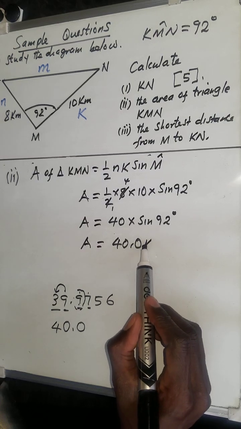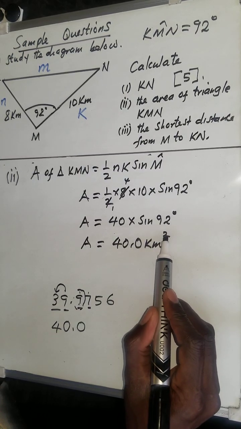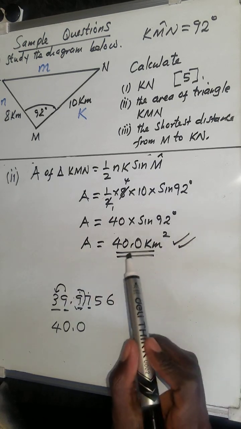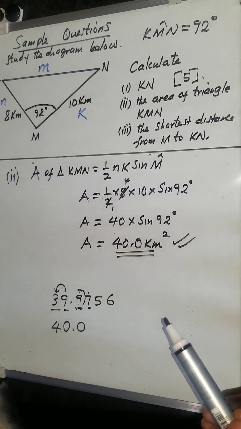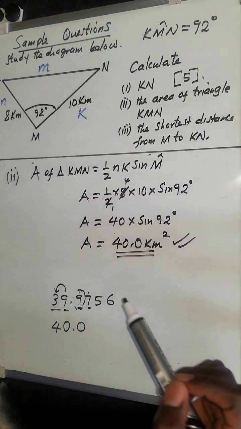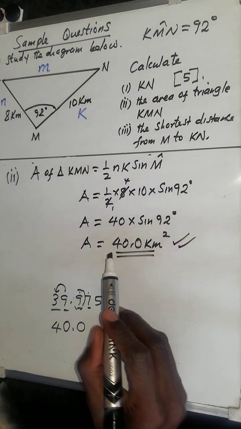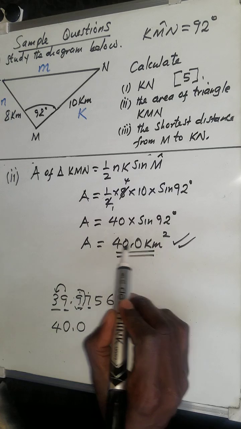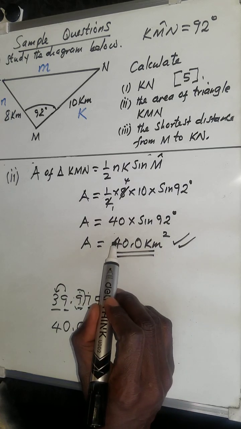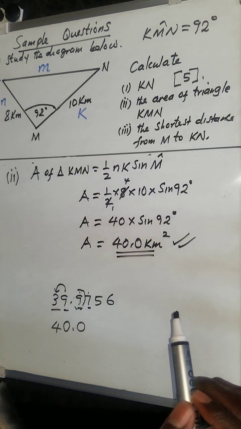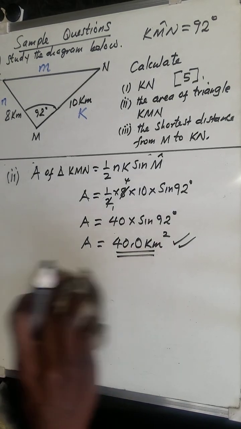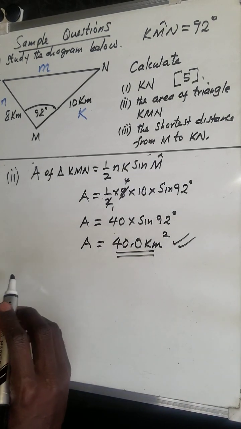And that is going to be, remember this is the area, remember to put up square kilometers. So this is what we mean in this case. So this is simply to 3 significant figures. Remember, in a decimal number, zeros are counted. So you are going to count that 0 because there's a non-zero digit in front there. So basically, that is the way you can do it. And let's conclude as we look at the